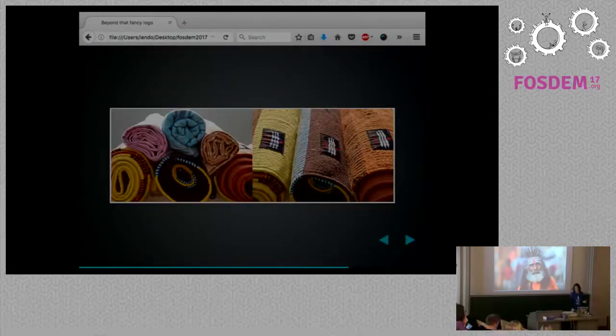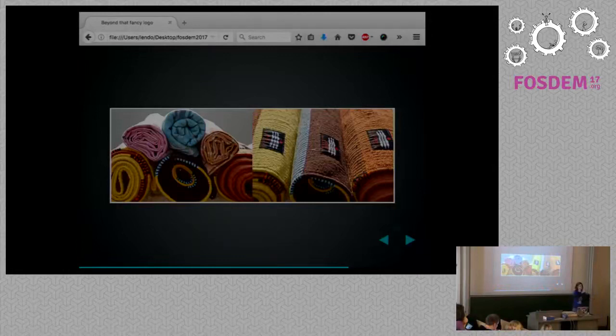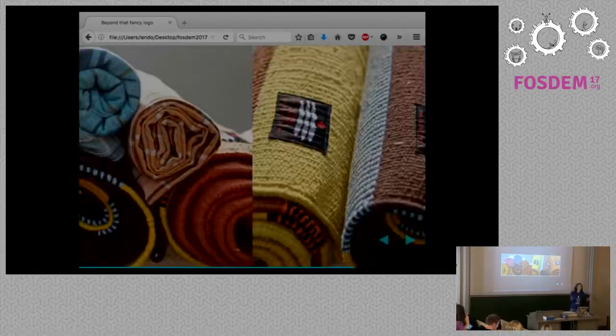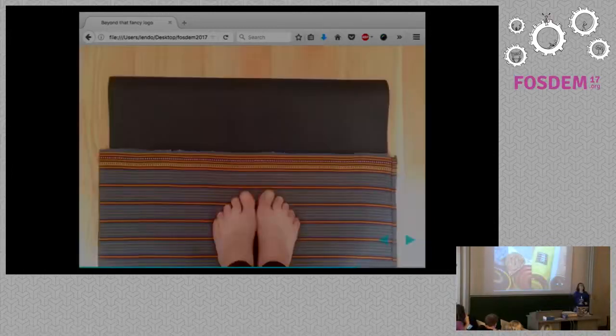So the Jois family was delighted with the logo. They loved it because it was visually really appealing. It referred to the Indian tradition, to the Hindu tradition, and to their own tradition as a family that belongs to this particular branch of Hinduism. So they just got really excited, and they took this logo, they put it on labels, and they proceeded to stitch the labels to all the stuff they sell, to their t-shirts, to their bags, not to their mugs, but also to the rugs, to those cotton rugs. So you can see the logo stitched to the rugs.